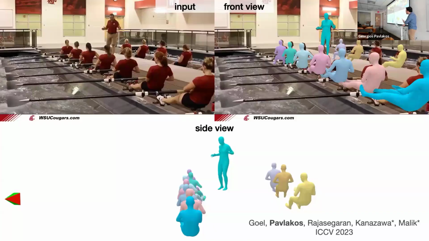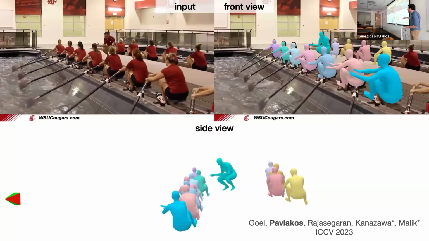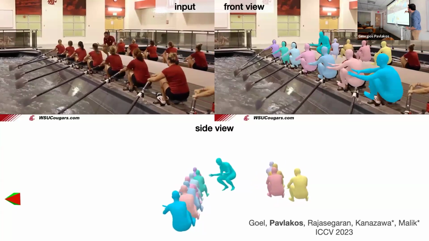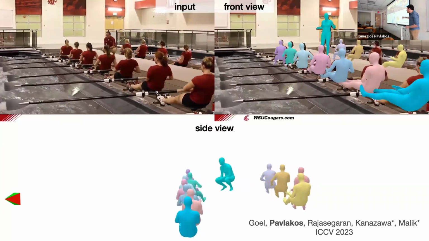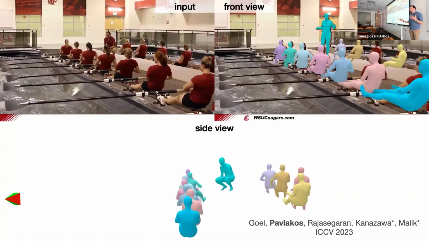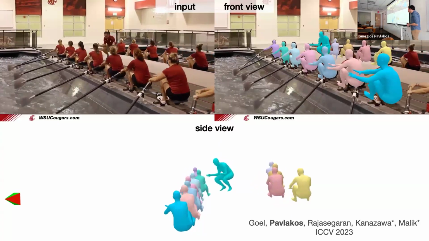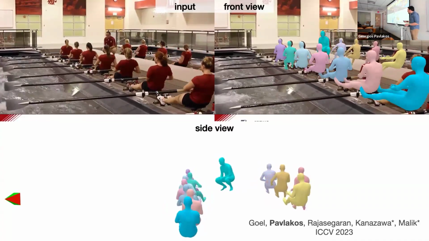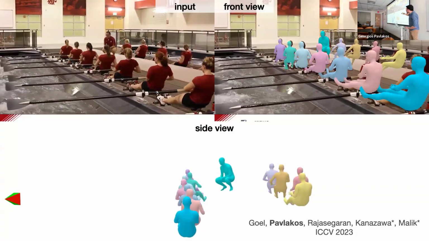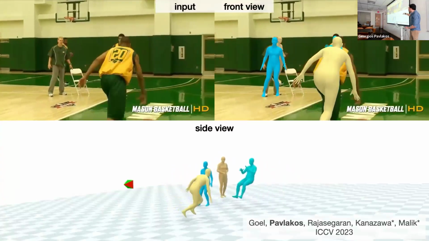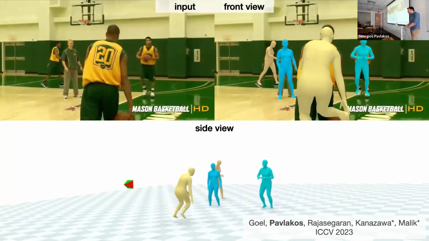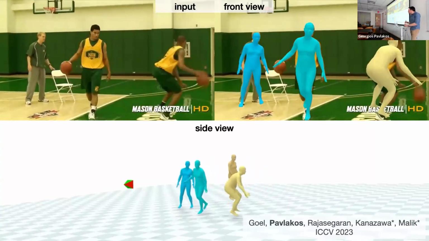And this is where you can see some of the limitations that we have here. You expect that all the people will live in the same row here, but you see how much more jittery it is along this dimension. So the reconstructions that we get from these feed-forward models are not completely reliable here. And this is an example with a static camera. The results become even worse if the camera is moving. So you see here how people are almost flying in the space in the more challenging scenario.